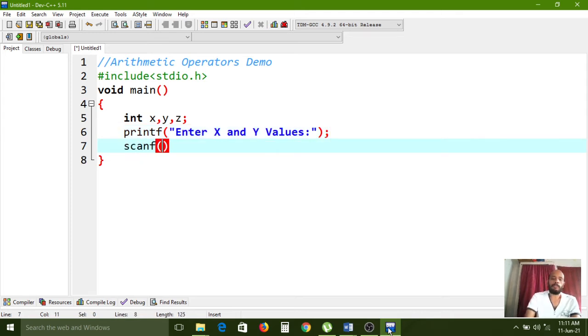To allow the input by the user, the scanf function we have to use. Here the control string contains %d, because x and y are two variables we have.